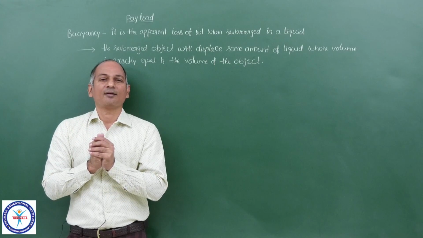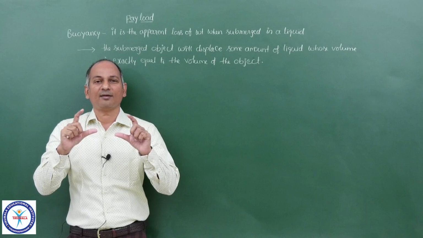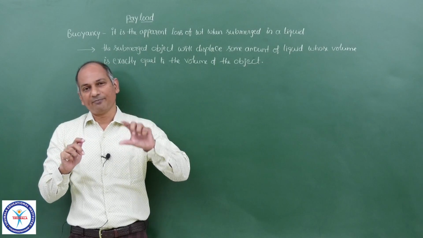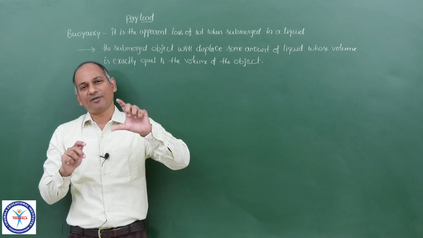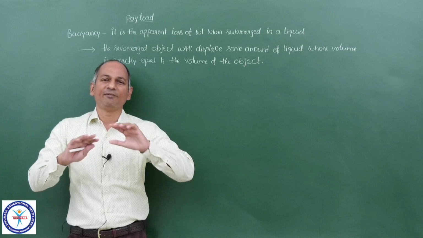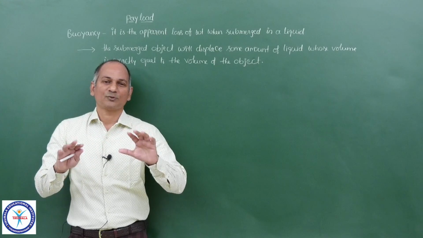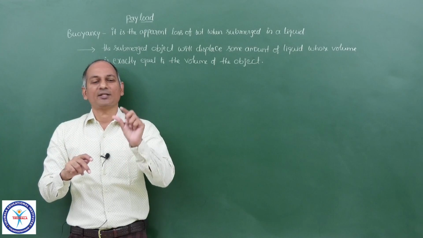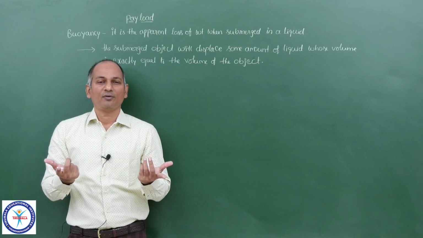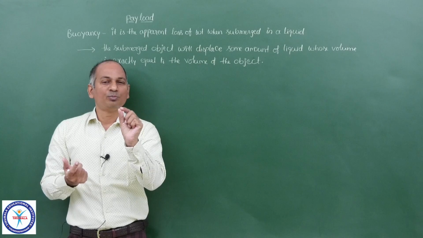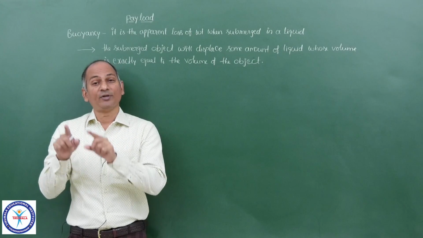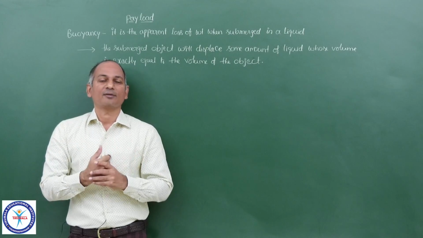Now, suppose you take a beaker brim full of water. Now, do you understand what is meant by brim full? Completely full. You fill that beaker completely with water. So, now you keep an object, a small boulder in that. Now, the liquid will overflow. Now, you measure the volume of the liquid that has overflown, and you will find that its volume is equal to the volume of the boulder.